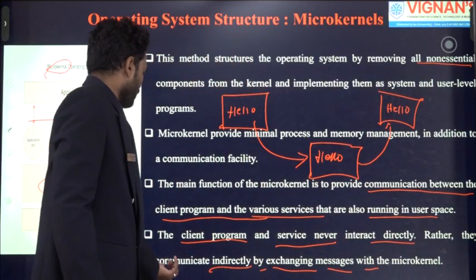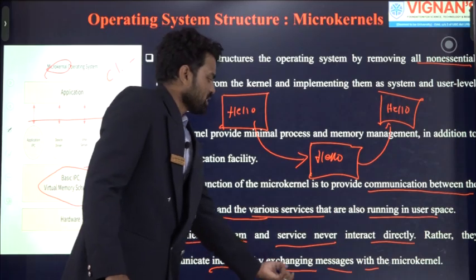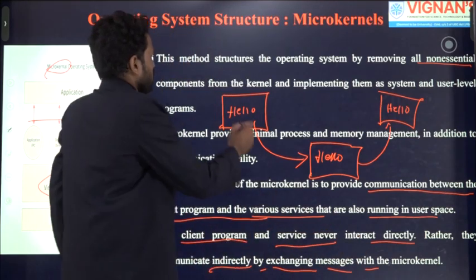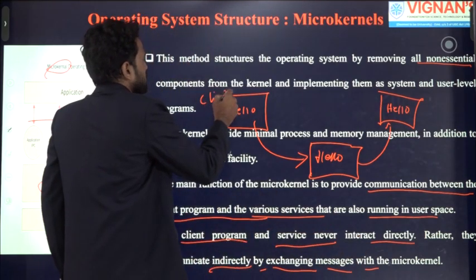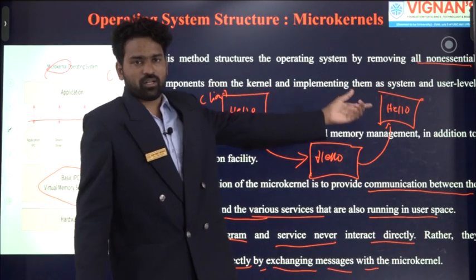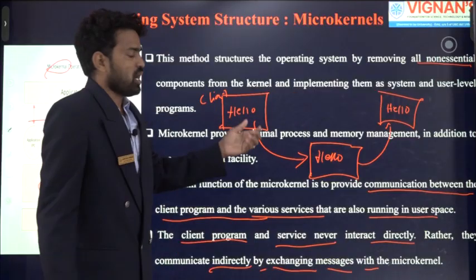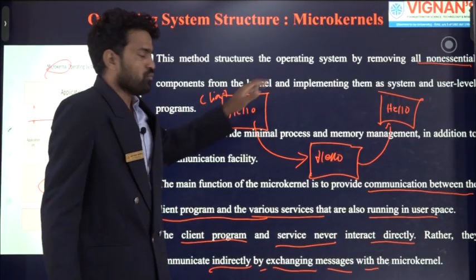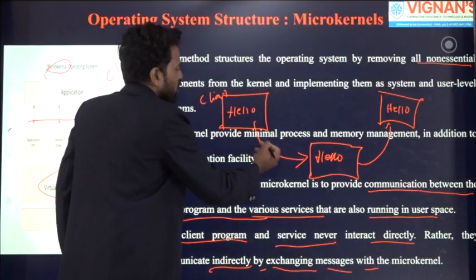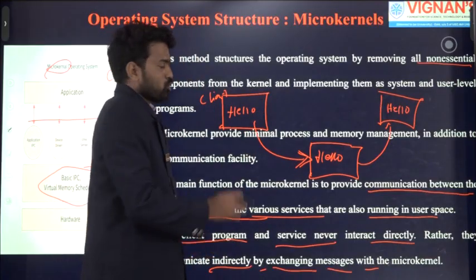So here, client and server communicate indirectly by exchanging messages through the microkernel. First, we have a client. The client has some message to pass to the server. The client and server cannot directly access or communicate with each other. For that, we use the microkernel to pass our information